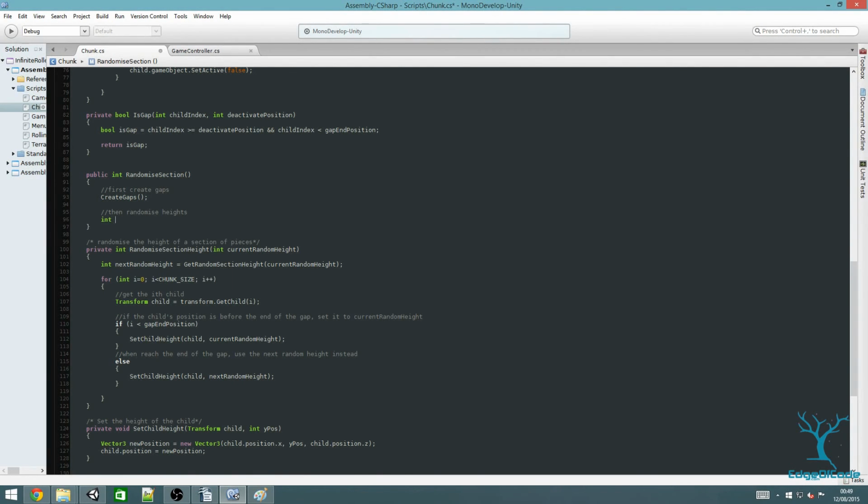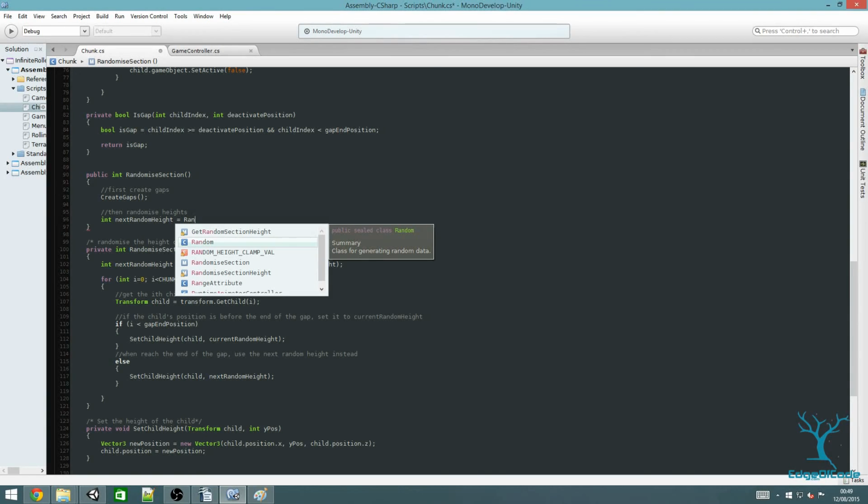So now we can assign the next random height as randomise section height,